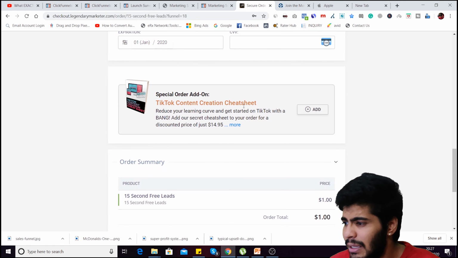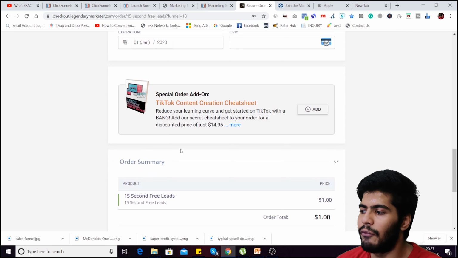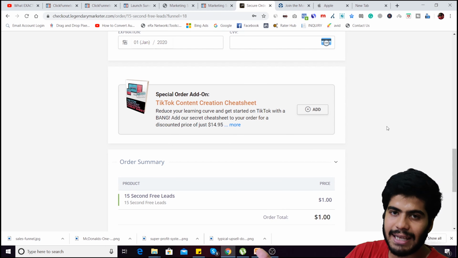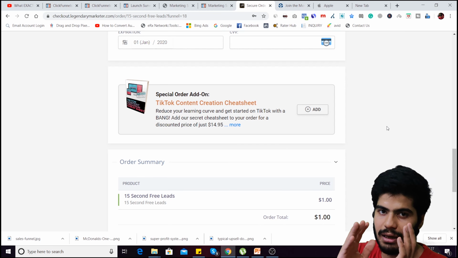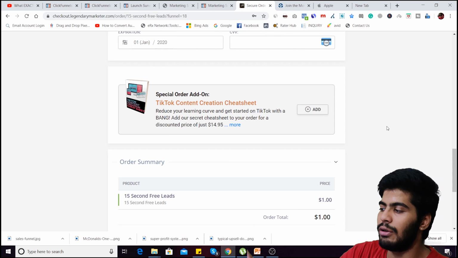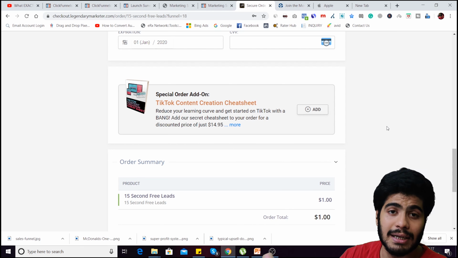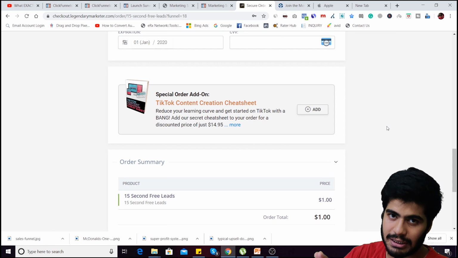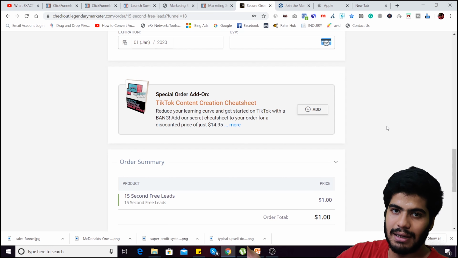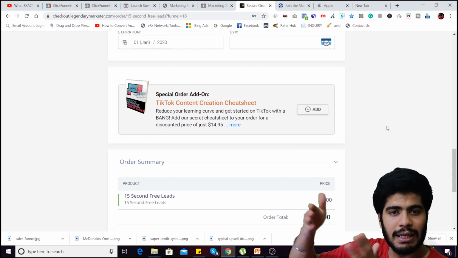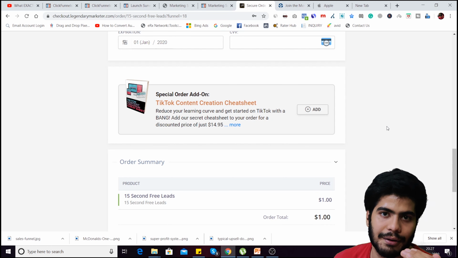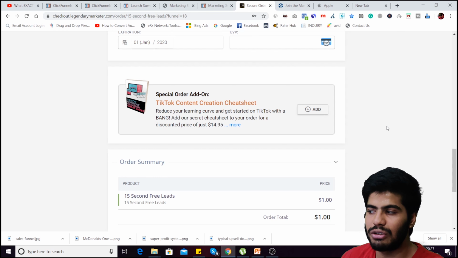I can see they are offering me something for $15, right? Not all people are going to take this upsell, but still a lot, like 30 to 40% of the people are going to take this $15 product, and the company is going to make their profit from this. And once we buy this, on the next page they are going to offer us something higher, right? You see how it's working.